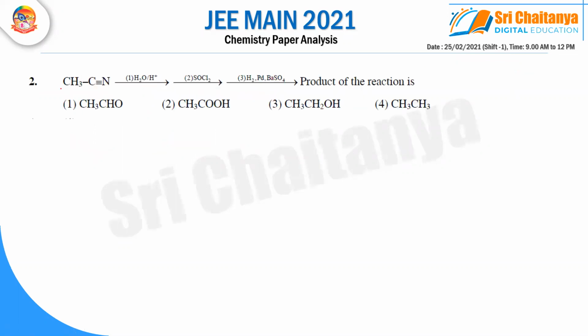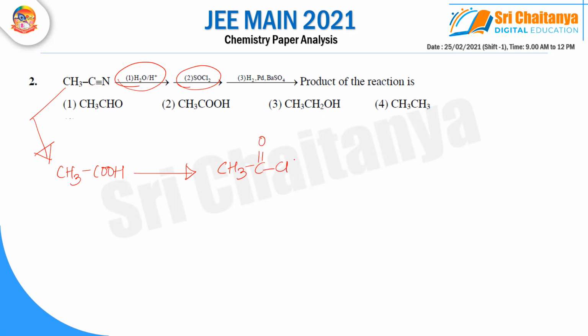In the next question, this particular substrate will undergo hydrolysis, and at the end of hydrolysis we are going to get acetic acid. Then we have this particular reagent, and because of this SNi reaction will occur and it is going to give you an acid derivative, that is an acid halide. Further, you have this set of reagents which is nothing but Rosenmund reduction, and after reduction you are going to end up getting an aldehyde. So I get my answer as option 1.